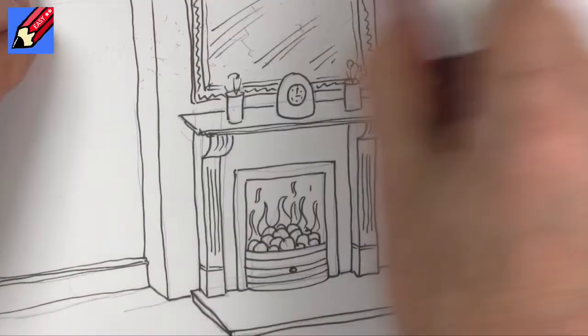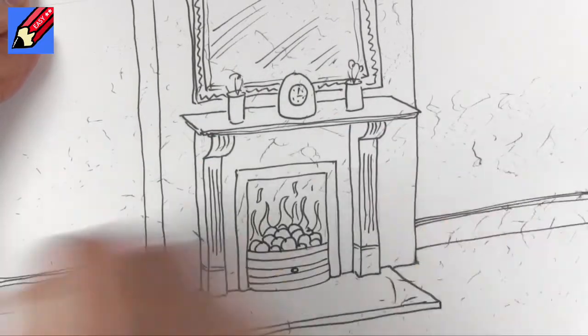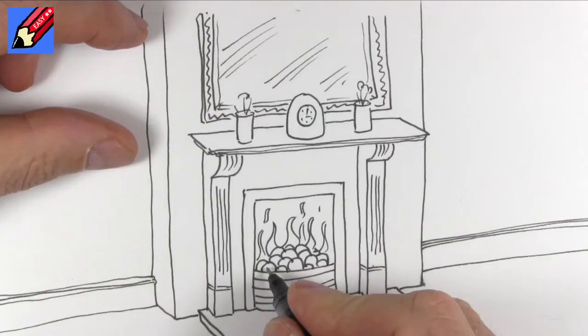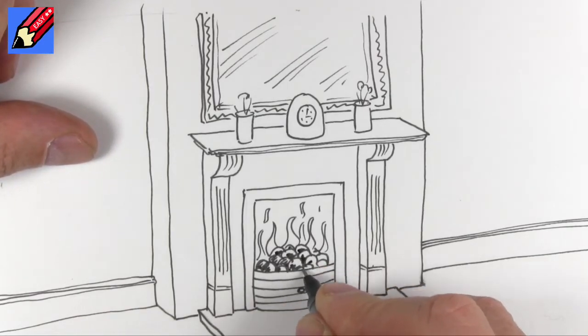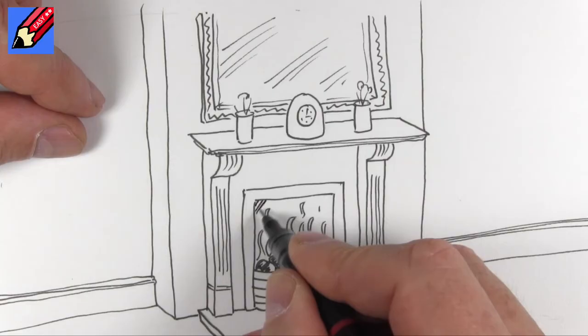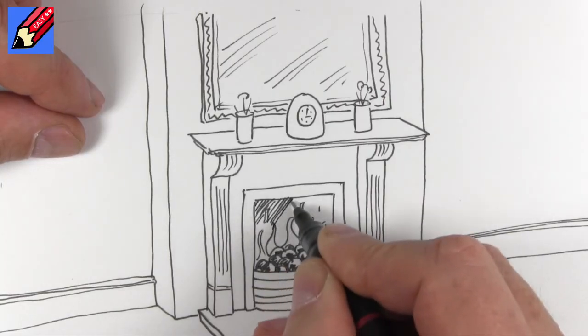And when you are absolutely sure that the ink is dry, then you can erase those pencil lines. You don't want to be smudging it. And I think we can add a bit of extra onto these coals, and we're going to want it to be quite dark at the back of the